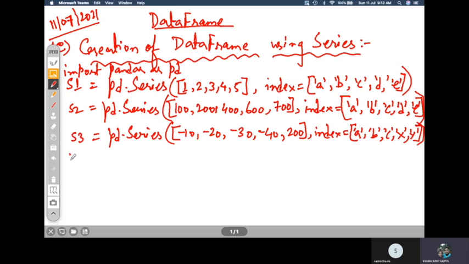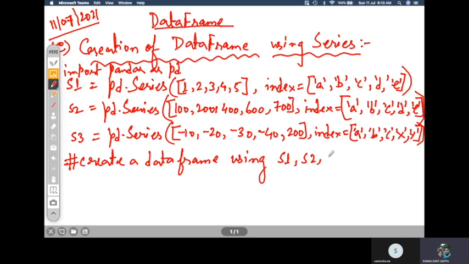Let us create a data frame using S1, S2, S3. So df is equal to pd dot DataFrame, and here you have to pass what?